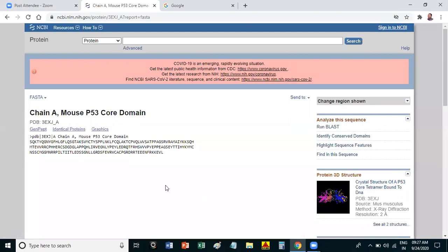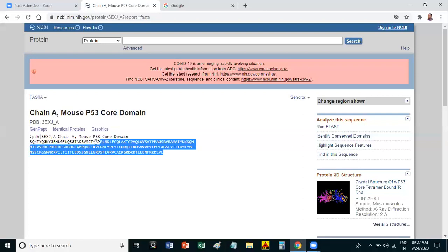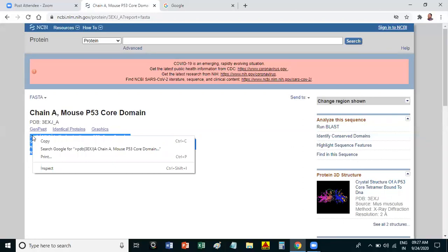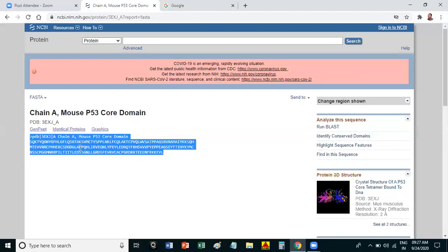So now we take this sequence for protein blast. Copy it to the clipboard.